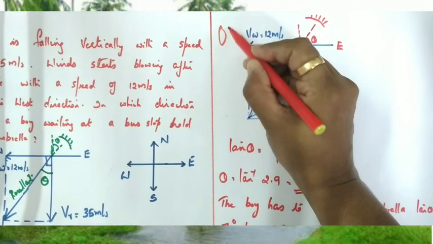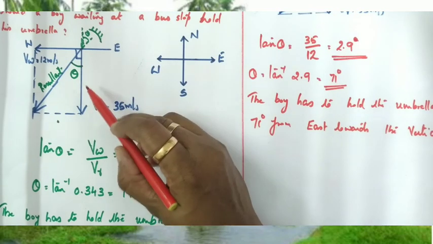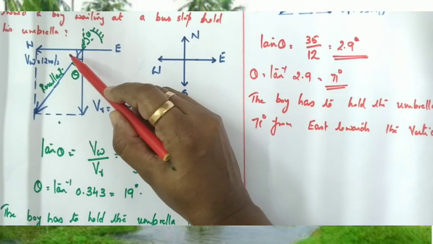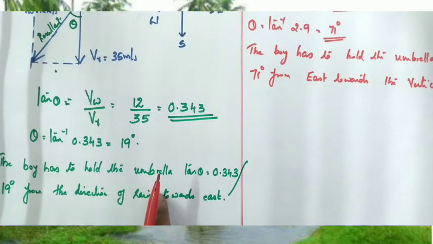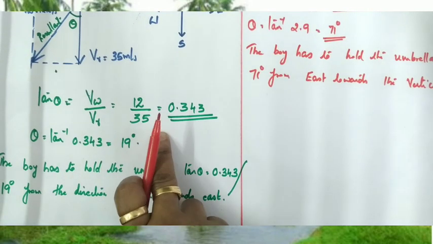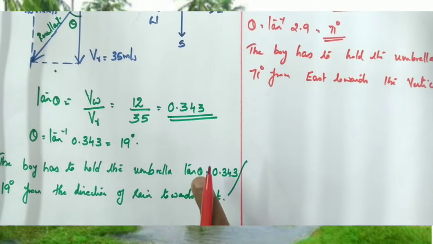So the first method or this method. Okay, so it is not compulsory to take this angle as theta. We can take any angle, either this one or this one, as theta, and this is very important. This sentence is very important. We have to find out the value of tan theta as well as we have to write the sentence also, in which direction the person has to hold the umbrella. Okay children, this is a very important question.